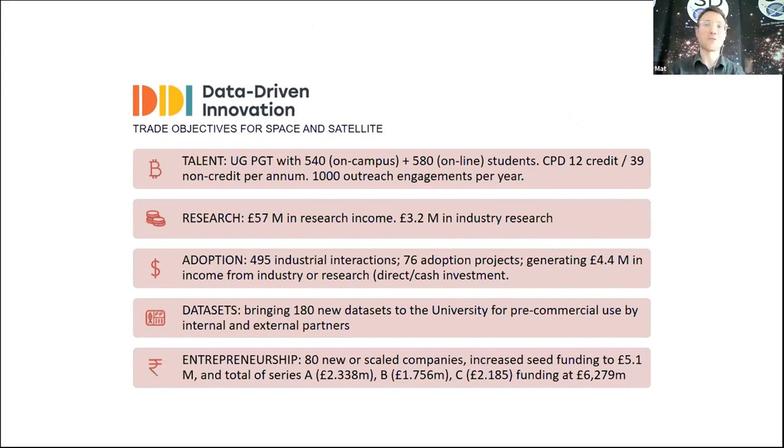There's research outcomes that we would like to have, a particular level of research activity measured in income, because that's how a university has to live off something, so they measure it in money. But that's just one aspect of it. The critical point is a massive tenfold upscale of research activity, 500 new industrial projects, 180 new data sets, 80 or 100 new companies, big ambitions, because as I say, we do feel ourselves that